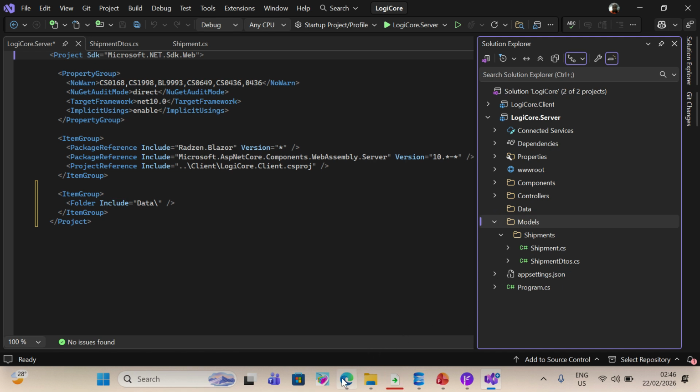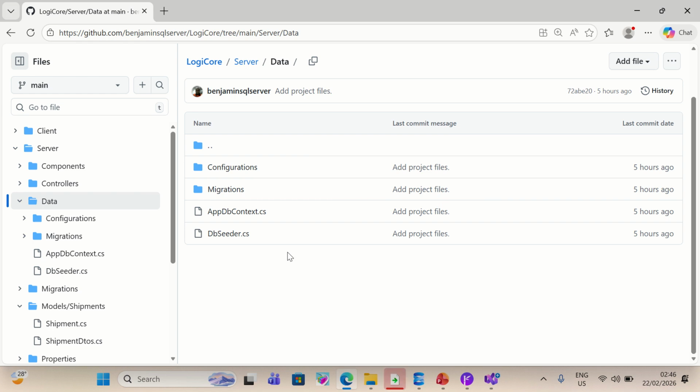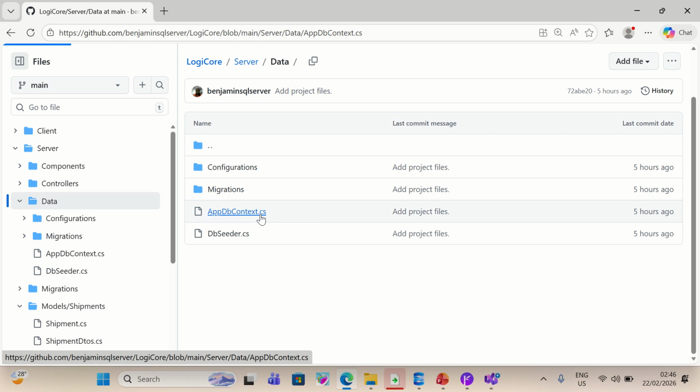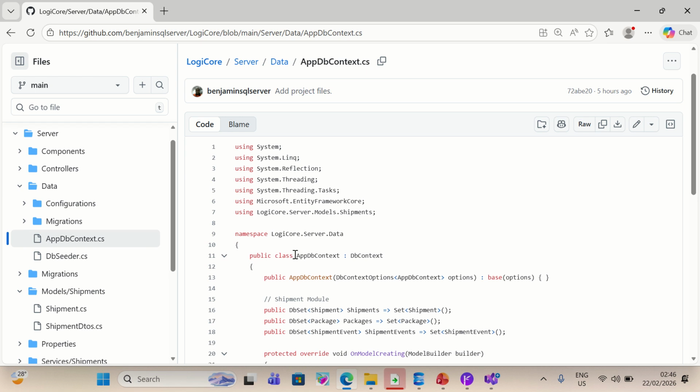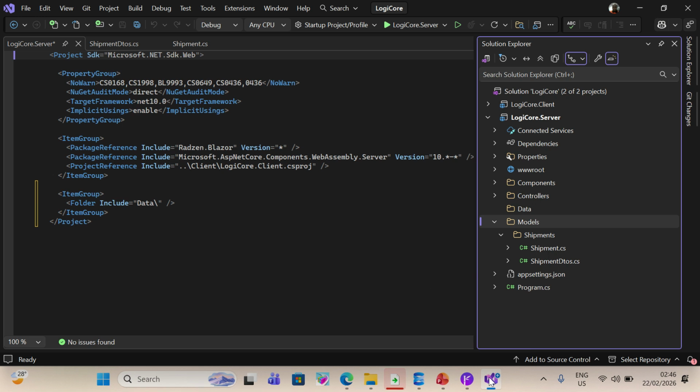Now inside this data folder, I'm going to create a class called